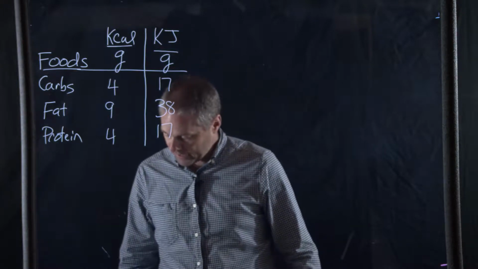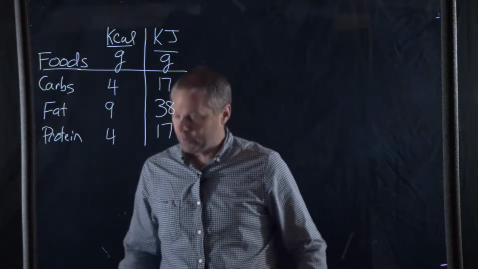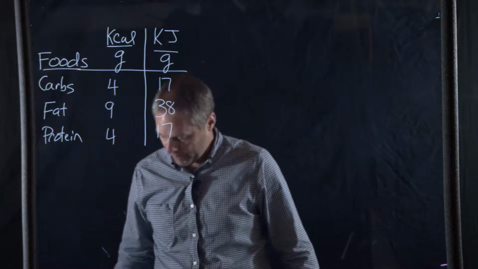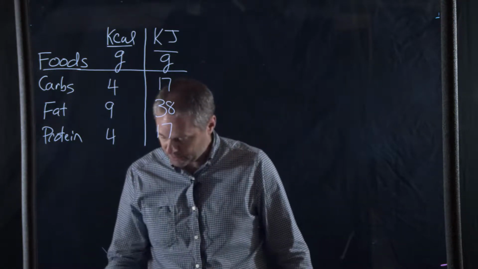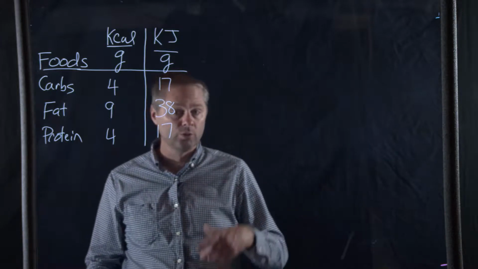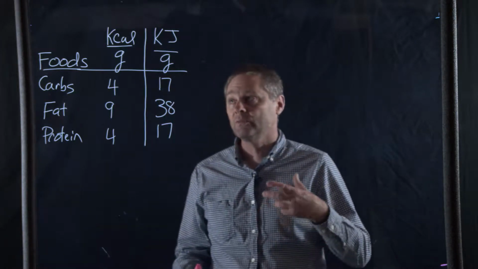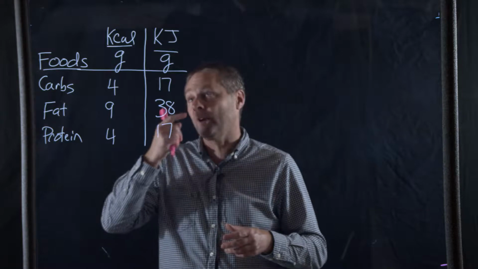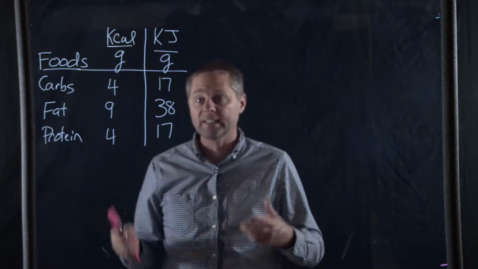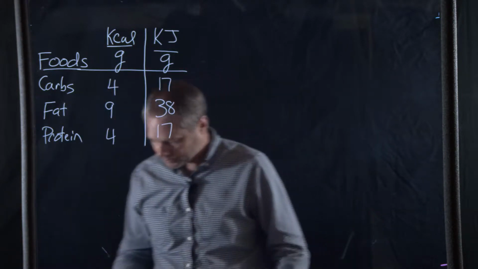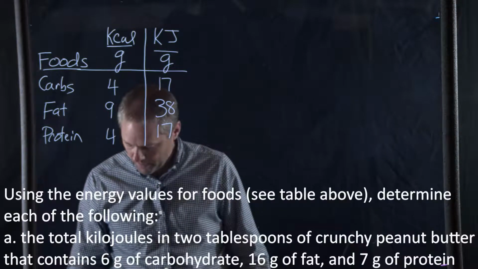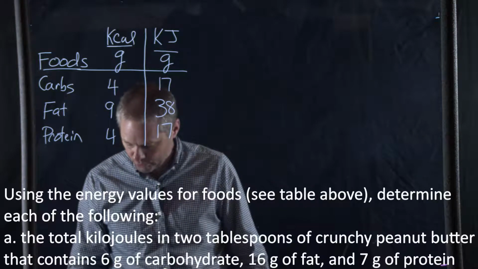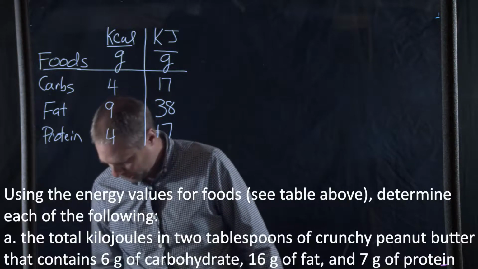So this question asks, use the energy values for food in the table above, this would be the table that we have, to determine each of the following. So we're either going to determine this in kilojoules, kilocalories, or in one of the instances it's actually going to be grams. But the kilocalorie is the exact same as a food calorie, all right? And the first question asks the total kilojoules of 2 tablespoons of crunchy peanut butter